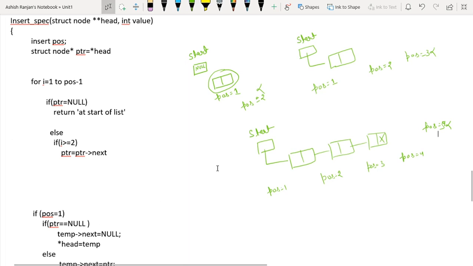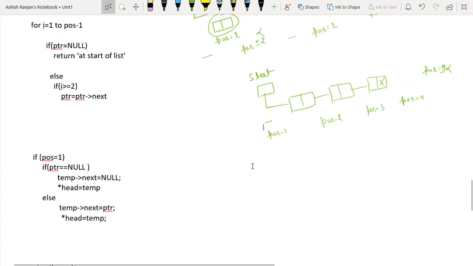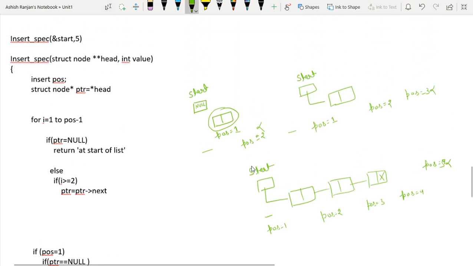So let's suppose you have three cases, and in these cases you can store the element at position number 3, here, here and here. In these two cases there is a similar mechanism for storing the element at position 1.